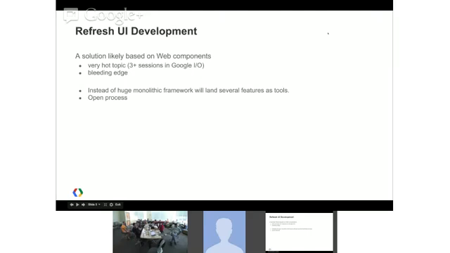But if you're going to refresh our UI development, then it means that we need to project something that will be more future-proof. So for that reason, we are targeting perhaps not an immediate release, but an eventual migration to a new platform. On the other hand, although it's bleeding edge, currently, we will see about that in the Google I/O sessions, the standard is